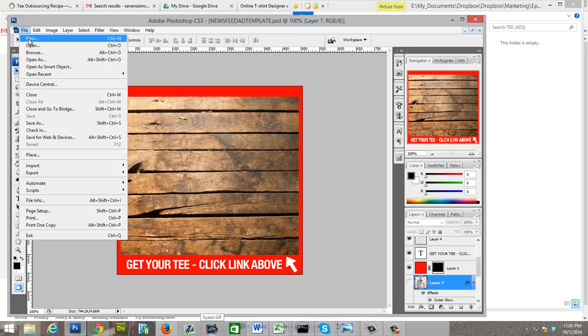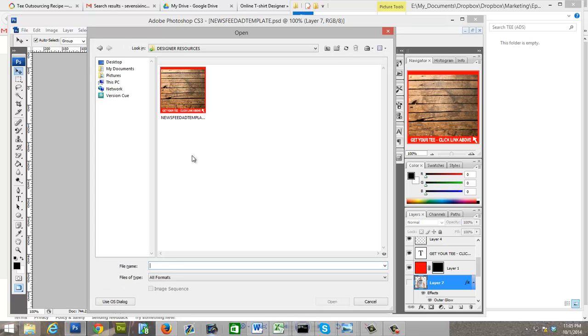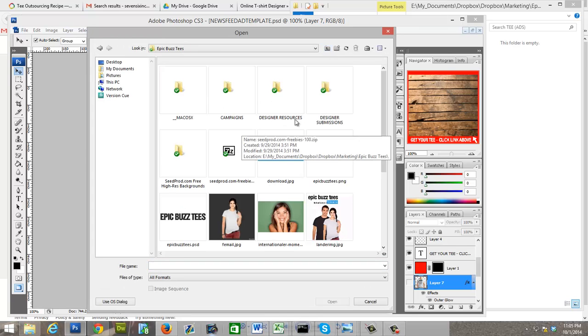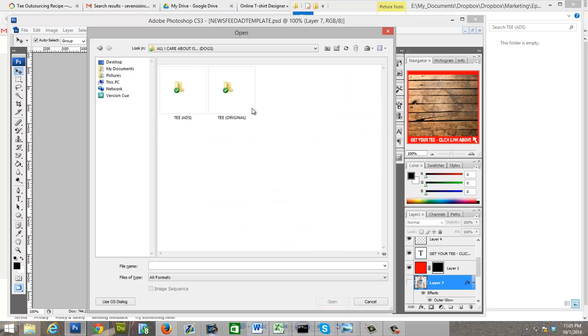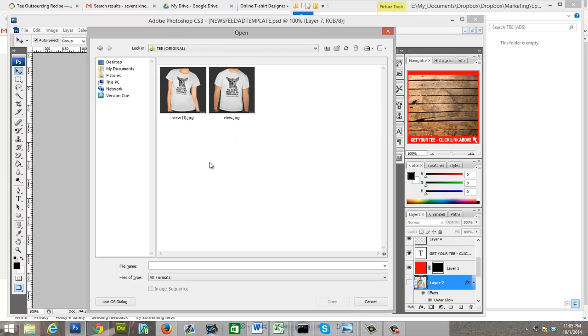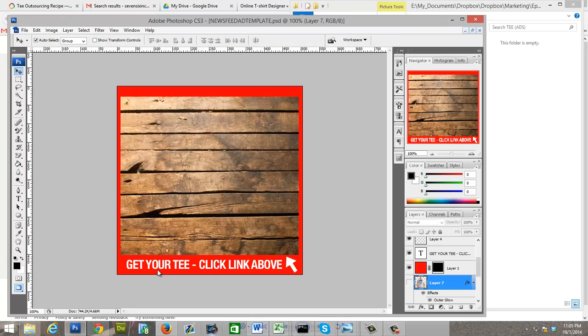So we're going to open up the images that we created in the previous video, or in our previous step, and we save that in our campaign folder and in the appropriate named folder. In this case, all I care about is dogs. It's going to be T original, and that's where we saved the male and the female design, the design with the shirts on them. So we're going to open those two, and I usually open them at once,